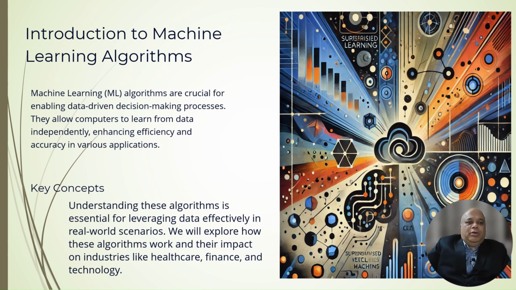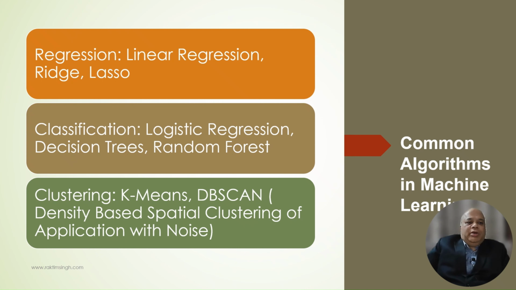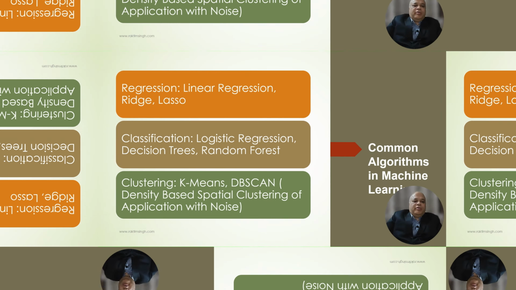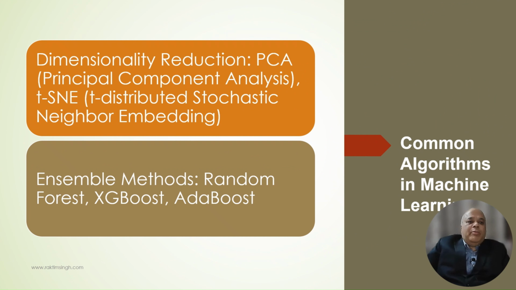There are many key algorithms in machine learning that make it powerful, because they leverage the data effectively from real-world scenarios. So we'll quickly see some of those algorithms. Regression includes linear regression, ridge or lasso. Classification includes logistic regression, decision tree, random forest. Then clustering includes k-means, DBSCAN, density-based spatial clustering of applications with noise,